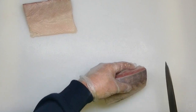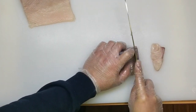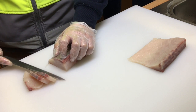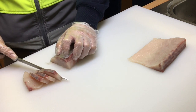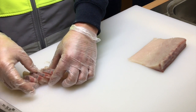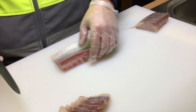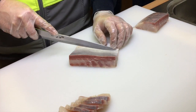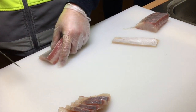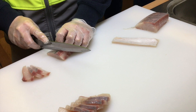Okay, it's easy. So put the knife on here, slice. Yes, point like this. And the other one. This one, cut a little bit smaller. And same thing. So one tip: when you cut the kingfish, cut a little bit thicker, not